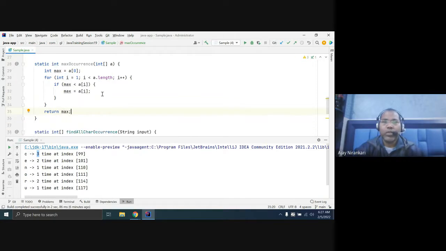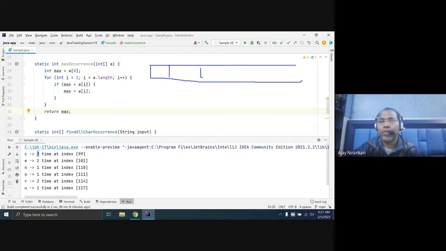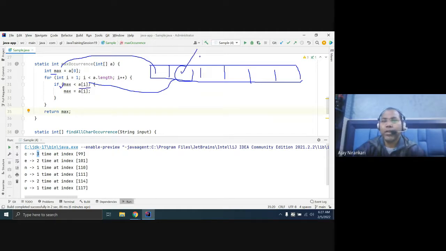So now it's clear, the logic of how to find a max. You have an array, and multiple values can be placed here. You want to find the maximum one. So let's assume the first one is the maximum, and after that, for each next element, you test if this value is greater than this. If yes, then this is the next maximum. From this position, if you find any new max, you just change your maximum value. Now this is the max. Whenever your loop is done, you find which element is the maximum.